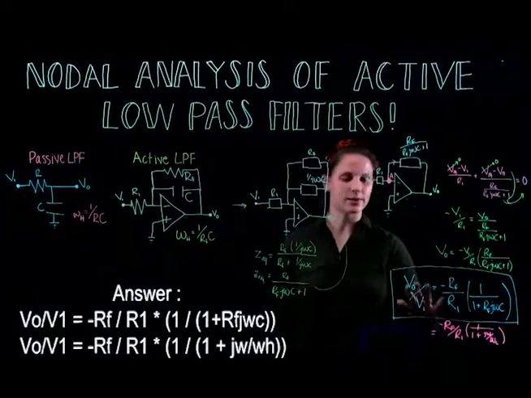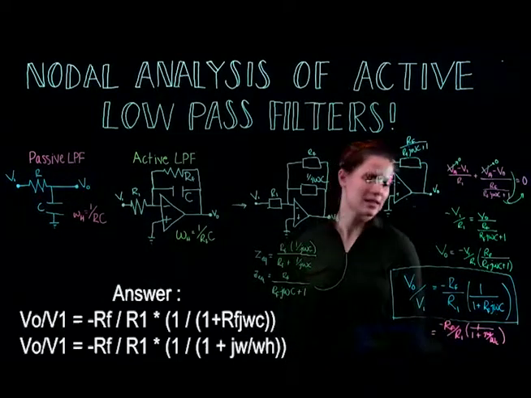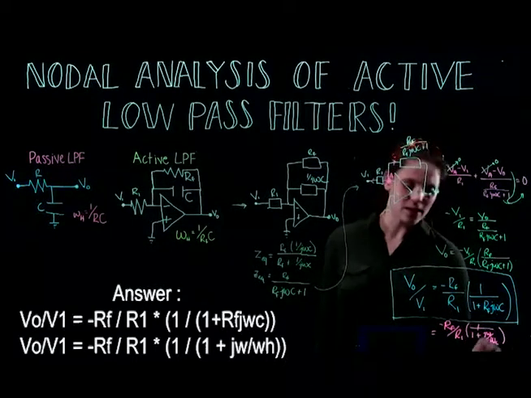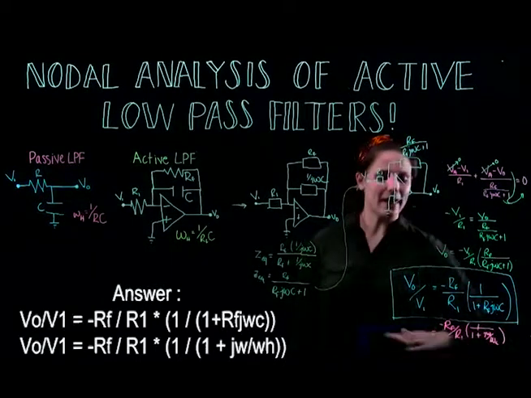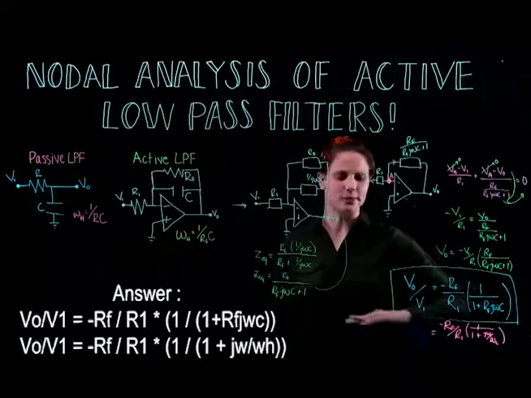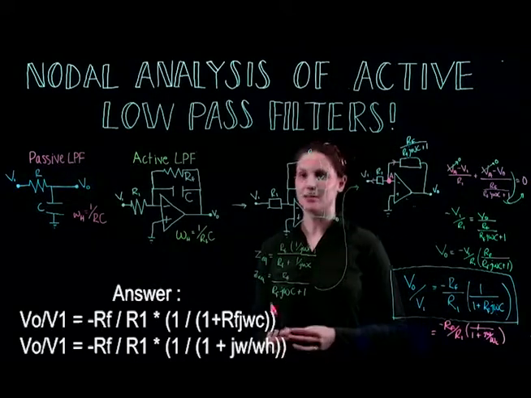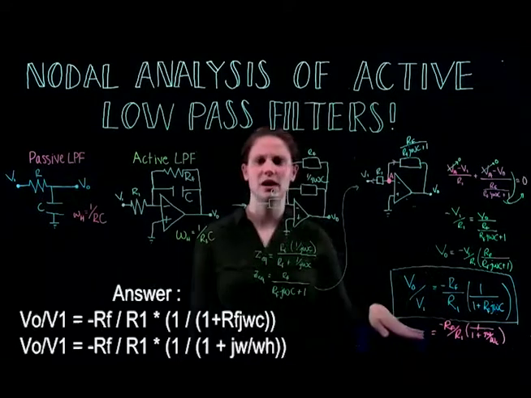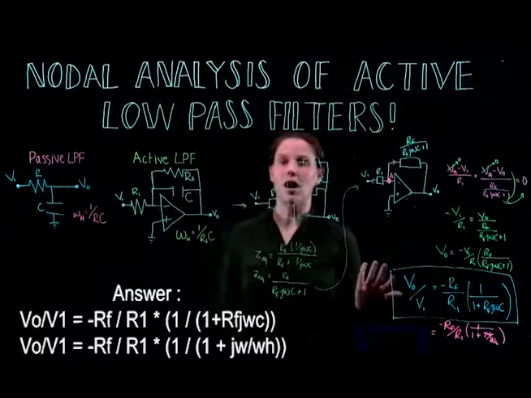And we know that this answer is correct because when omega is higher than the cutoff frequency, we can see that our gain is going to start to reduce because you're going to get a value in the denominator that's higher than that in the numerator. So you won't have as much gain and it's going to start going down. So all in all,